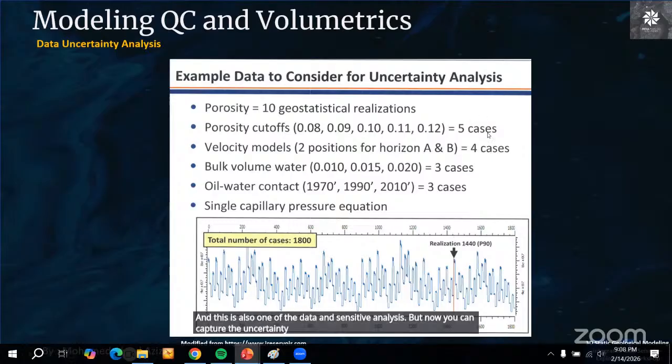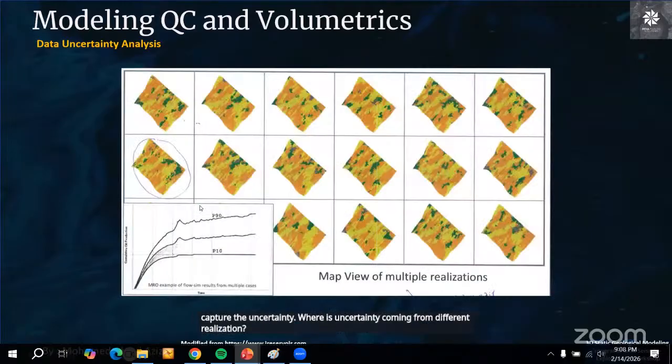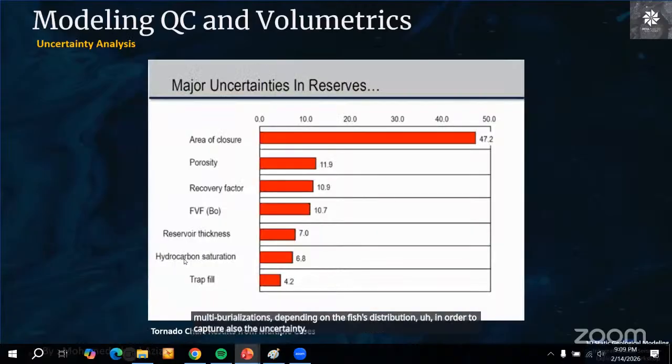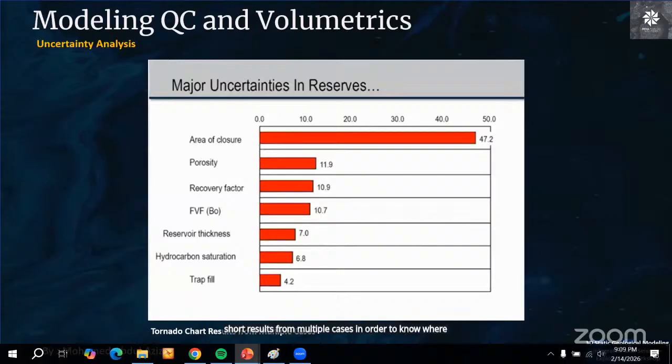Where is the uncertainty coming from different realization? Data uncertainty analysis also, this is a mapping of multiple realizations depending on the facies distribution in order to capture also the uncertainty. All of that for such a tornado chart result from multiple cases in order to know where your uncertainty comes from. This is one of the important slides in my webinar,